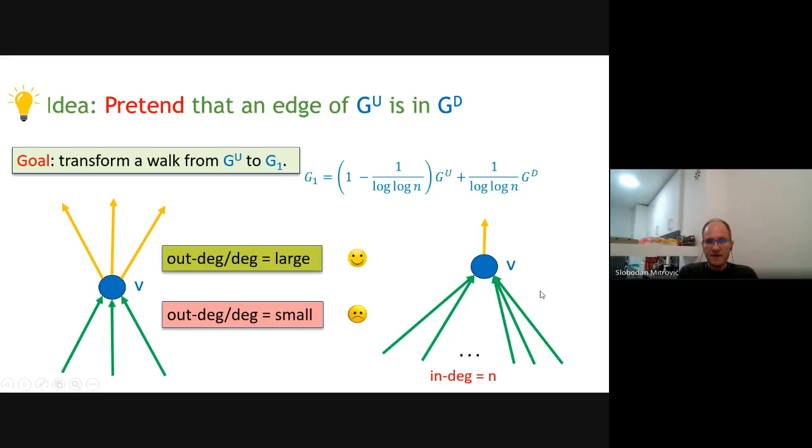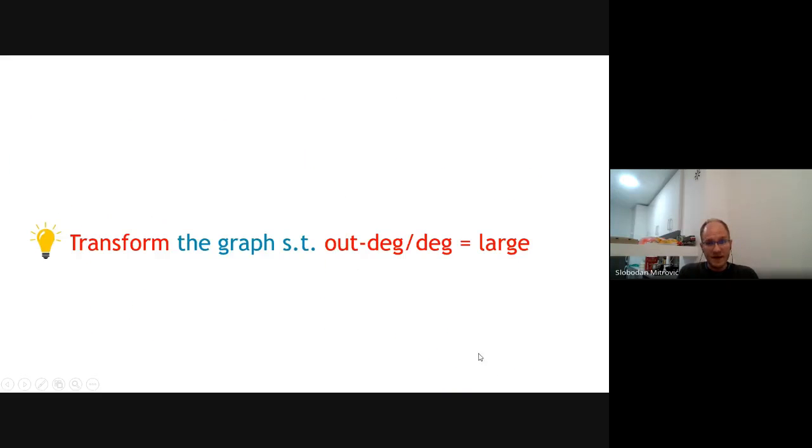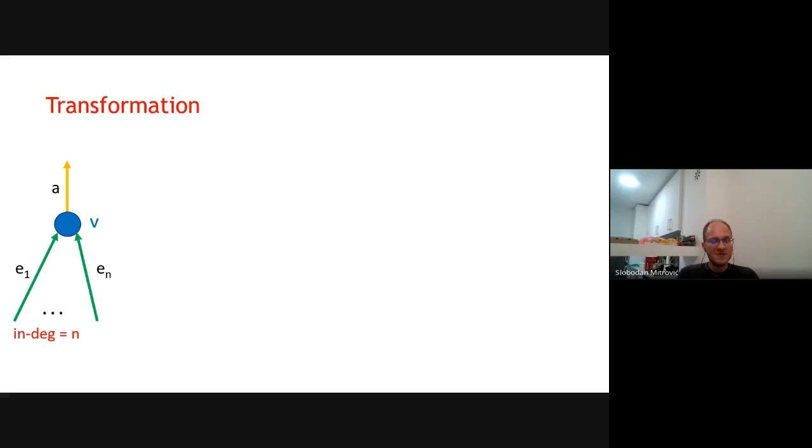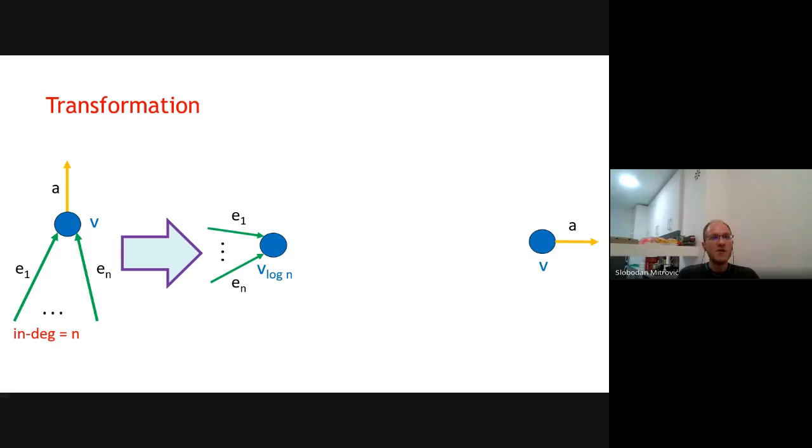Okay, so we said that this case on the right is ugly. So what we will do is simply transform the graph so that we avoid this. What does it mean? Here is our vertex that has n incoming edges, and this vertex on the left has one outgoing edge. We will not immediately